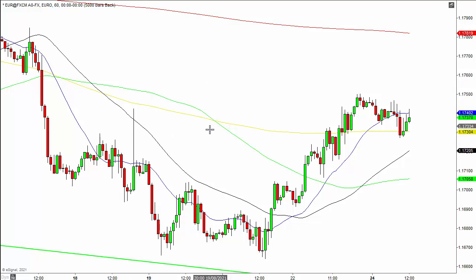I love moving averages because I think they're very graceful. They are an average of price, so they are giving me what the average price has been over a given period of time. And I know that price likes to mean revert. So what better place to mean revert to than its average price? And that sort of thing goes on a lot. So a little bit of food for thought for you there.